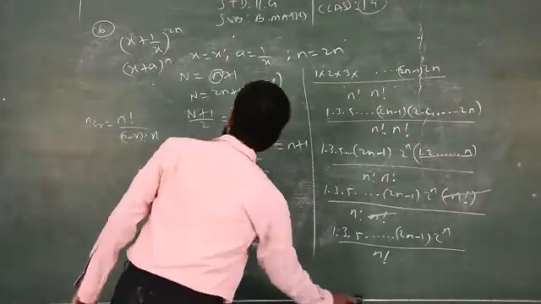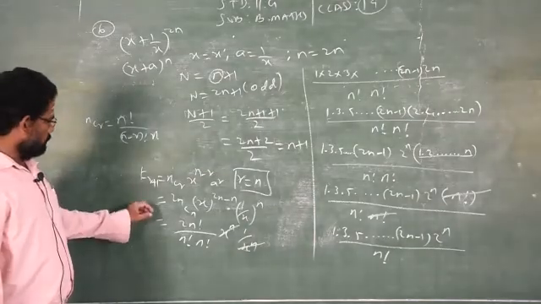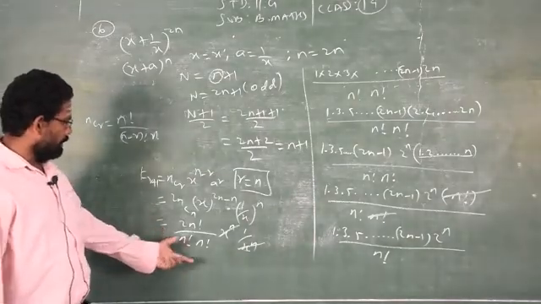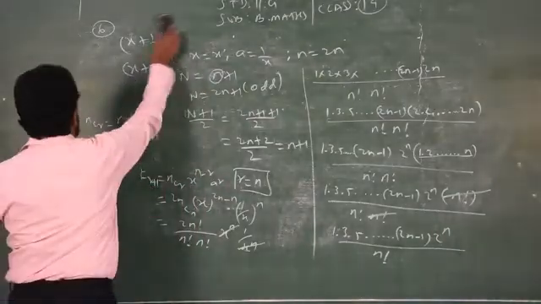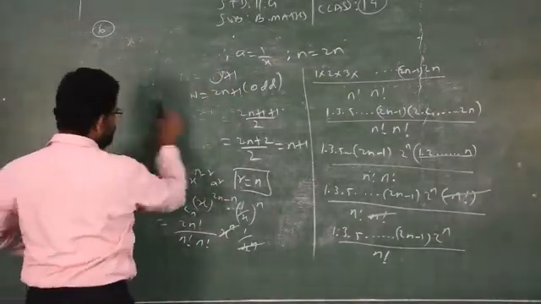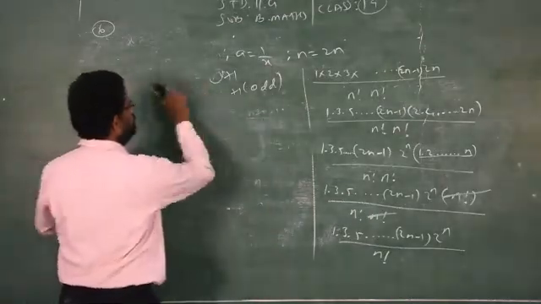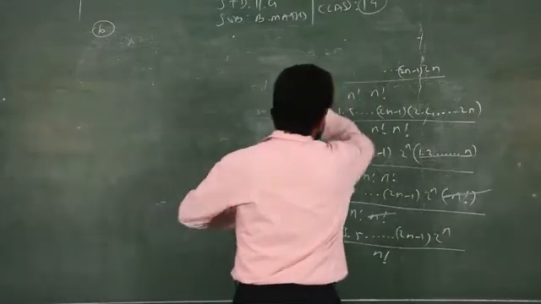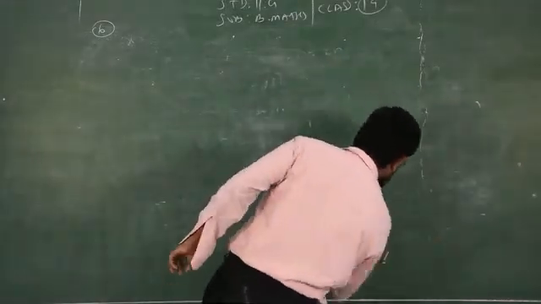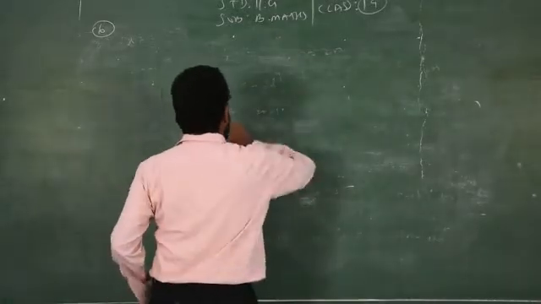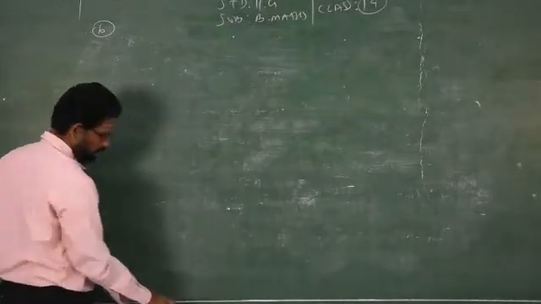The same model you have to do at home. I just did up to the steps. The remaining steps you have to do it at home for sum number 7. Clear? So, be careful. If you work it out 1 or 2 times, then it will be very easy. So, sum number 7 also same model. There is no difference. Only one difference will come in the place of A.